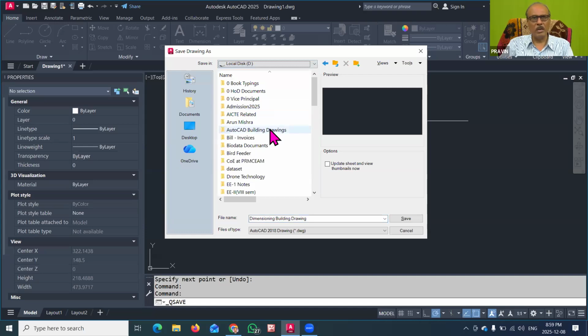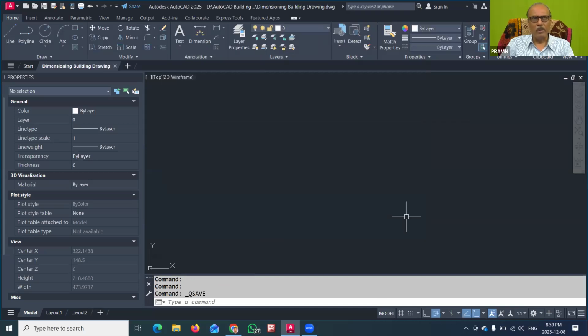There we already created one folder, that is AutoCAD building drawings. In this folder I am saving the file, dimensioning building drawing. I have clicked on save, and you can see that the name now appeared here, D colon AutoCAD building drawings, dimensioning building drawing.